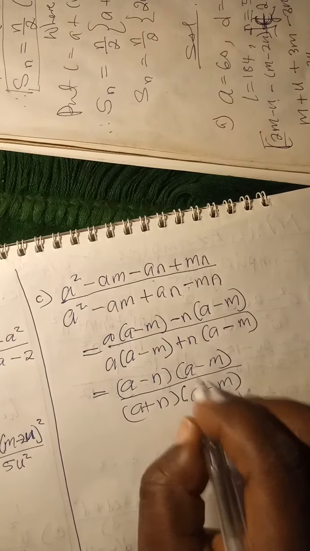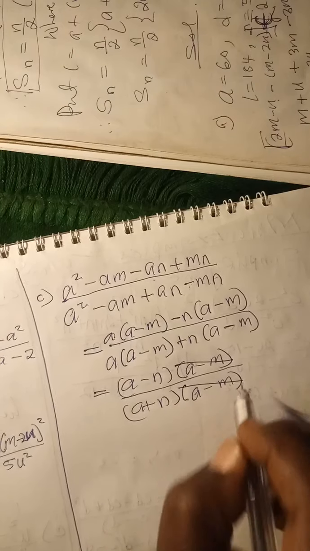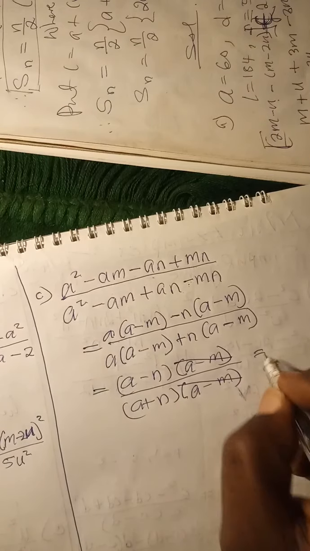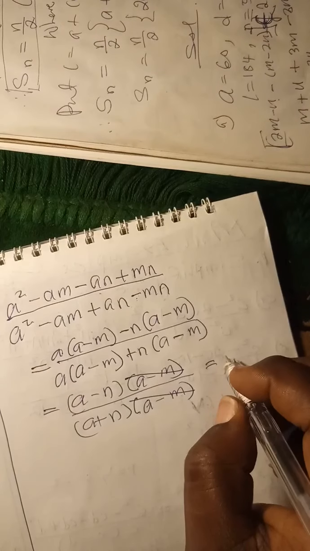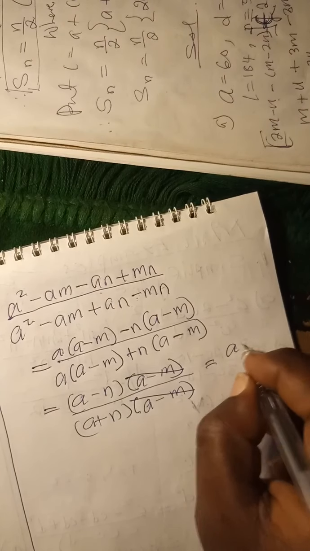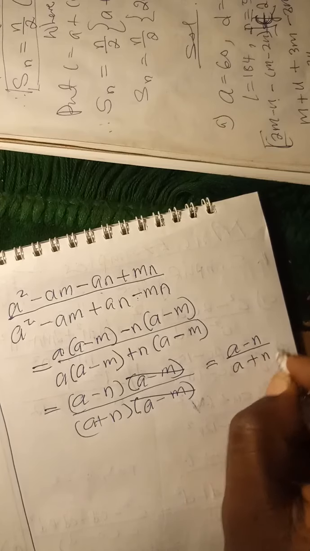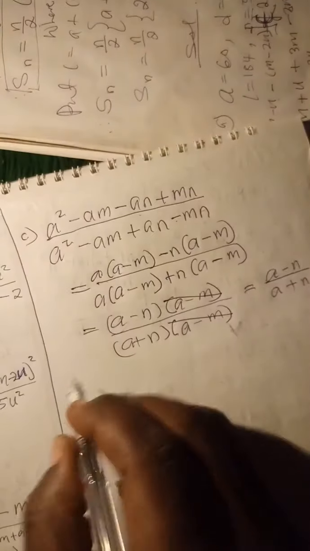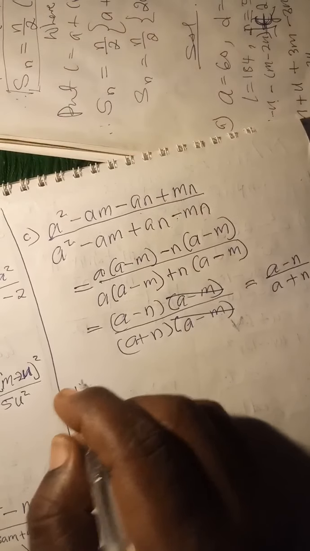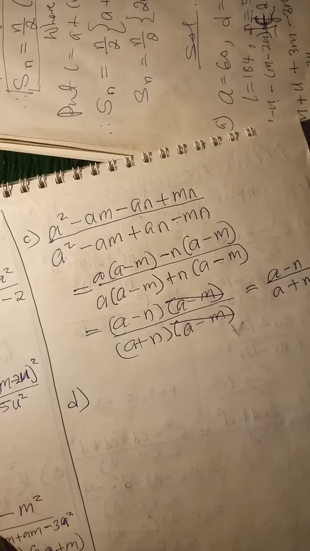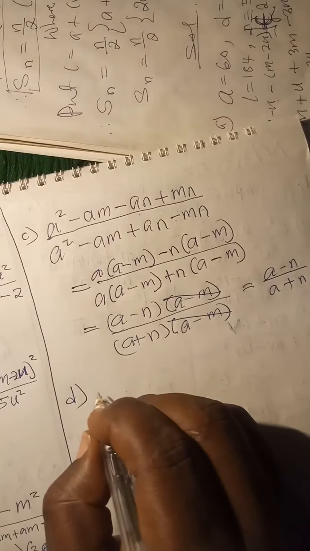Now this can cancel out because they are the same. So my final answer is a minus n over a plus n. Simple. Next one, D. In D, we have u plus w